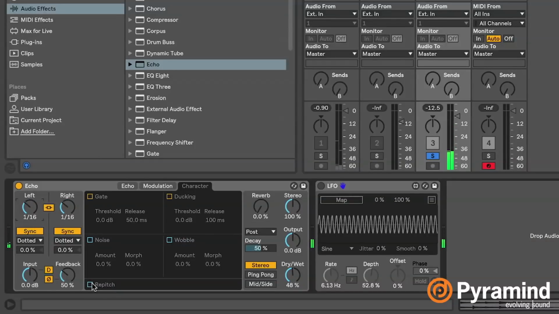Just like that. I personally like it on. I like trippy sounds like that. Just a personal preference. Coming up to this gate, so Live gives us a gate in this delay, and this